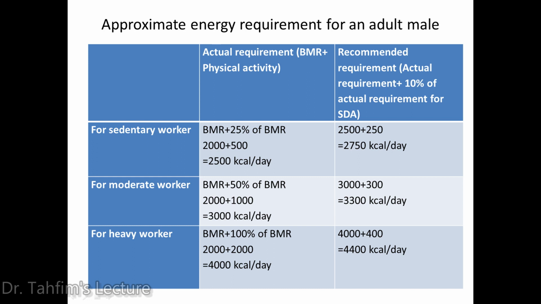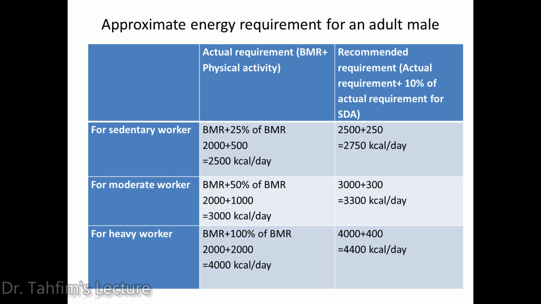Okay. For a moderate worker, you know 50 to 100% of BMR is added as physical activity. So here we are adding 50% of BMR. So the calculation is in the same way. So the actual requirement is 3000 kilocalories per day by adding BMR and 50% of BMR for physical activity, and the recommended requirement after adding 10% of SDA to the actual requirement of 3000 kilocalories per day is 3300